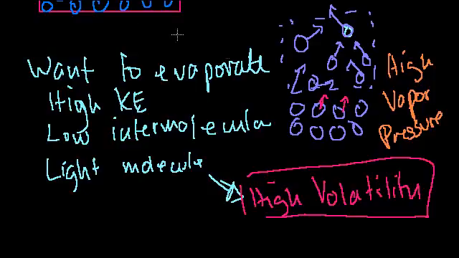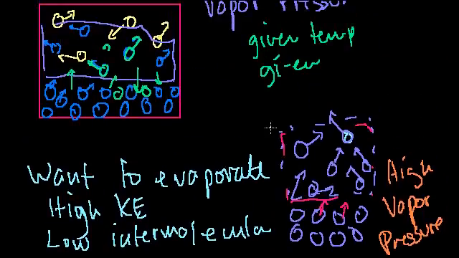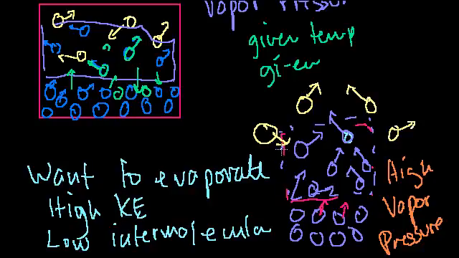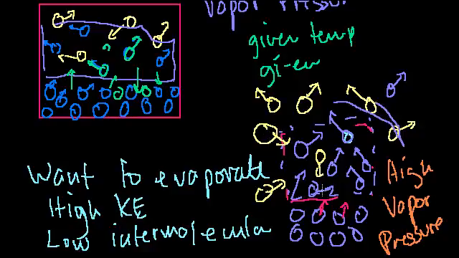Now, an interesting thing happens when this vapor pressure is equal to the atmospheric pressure. So right now, this was our closed container, and we had the atmosphere here at a certain pressure, and let's say until now we've assumed that the atmosphere was at a higher pressure. So it was, for the most part, keeping these molecules contained. Maybe some atmosphere molecules are coming in here, and maybe some of the vapor molecules are escaping a bit. But it's keeping it contained because this is at a higher pressure out here than this vapor pressure. And of course, the pressure right here at the surface is going to be the combination of the partial pressure due to the few atmospheric molecules that come in plus the vapor pressure.